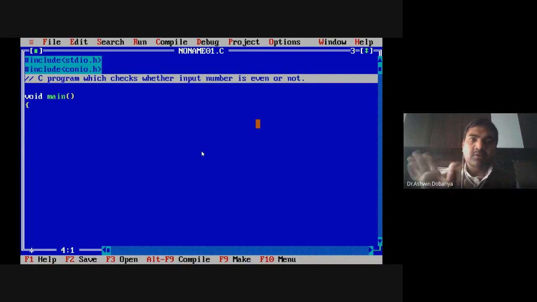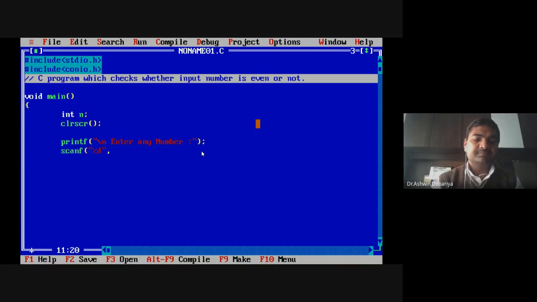That's it. Then what we will do, we'll take one variable, clrscr, printf "enter any number", scanf "%d", &n. Now, who will tell me what is the logic? How can I check whether the input number is even or not?